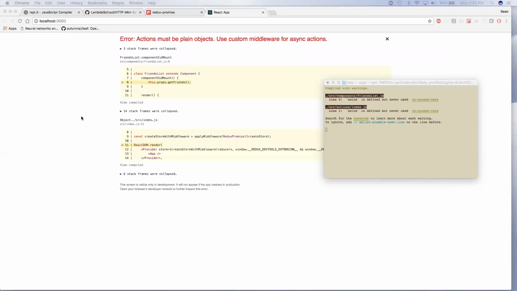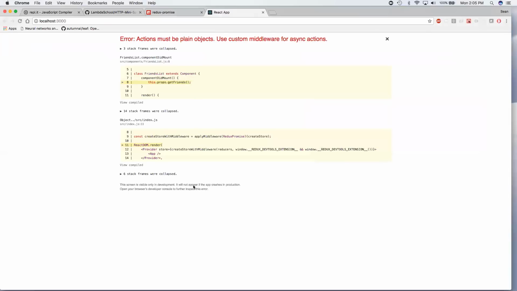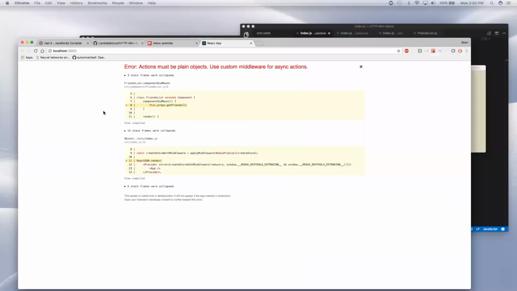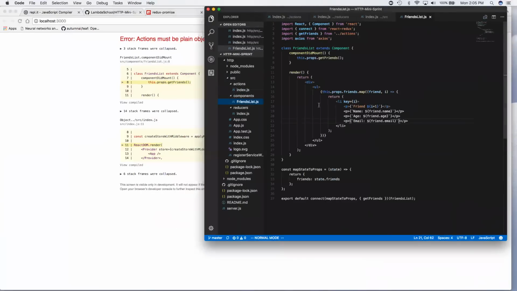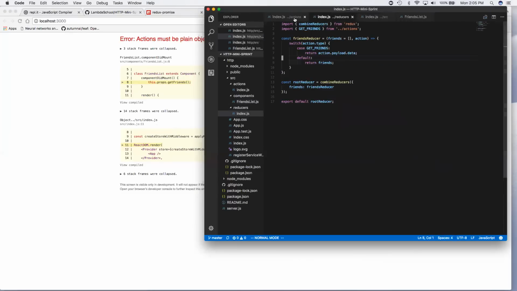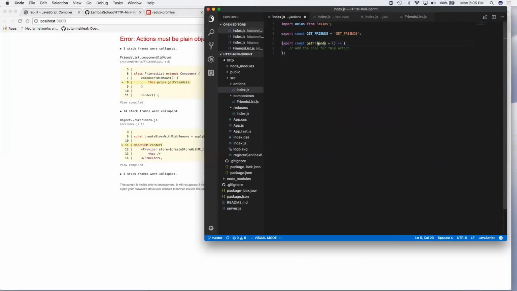Right, okay, so we get into npm start, and you'll see that there's a bunch of errors because this isn't working yet. The only thing it's missing right now, so we have this friends list component, and what you're going to be wanting to do for this mini sprint is fetch an array of friend objects off of the server using a GET request. Once you populate it, this component will get that array of friends as props and then render them all. What you need to fill in is this one action here, this get friends action,